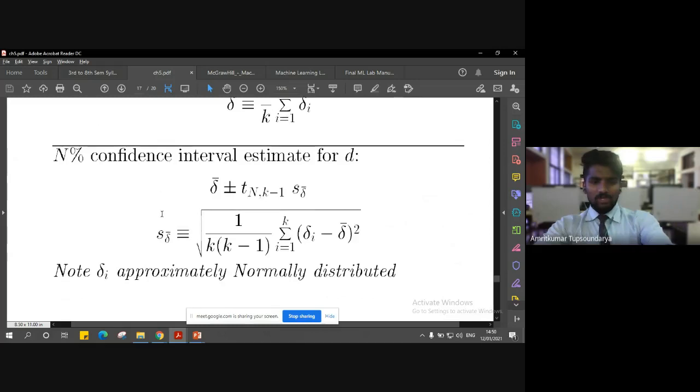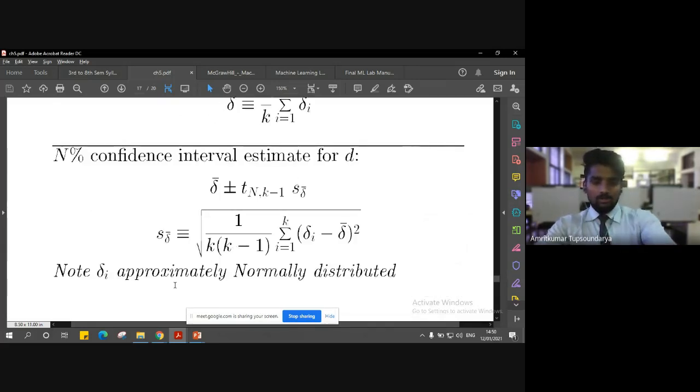So with this formula right here, the important point to be noted is that the delta i, the change or the delta value for each of these instances in the test set, is approximately normally distributed.